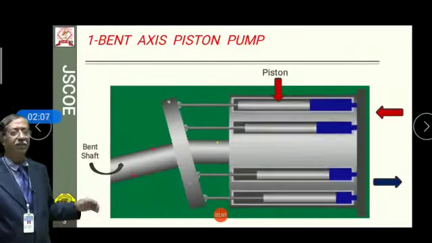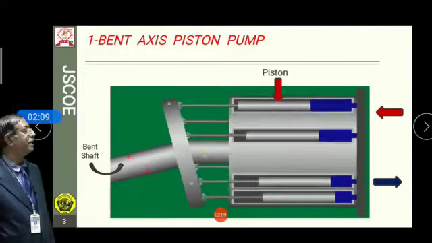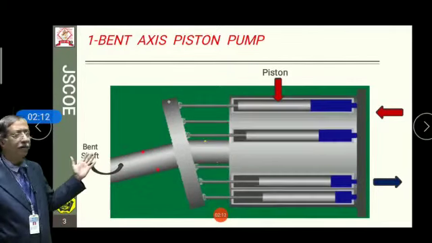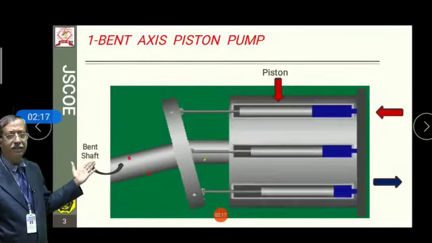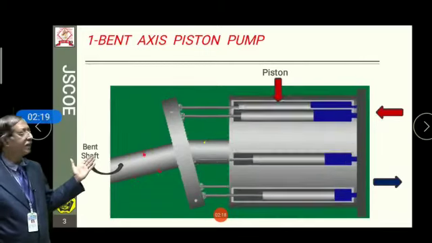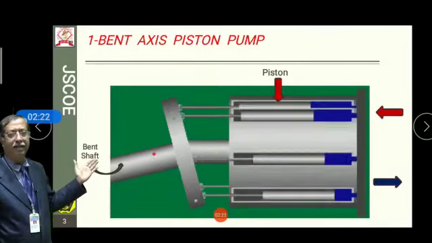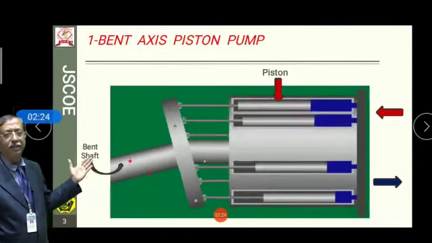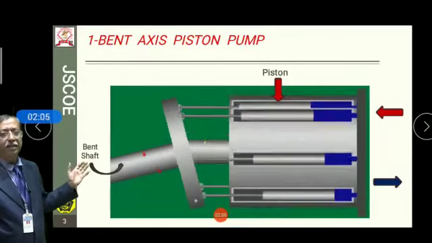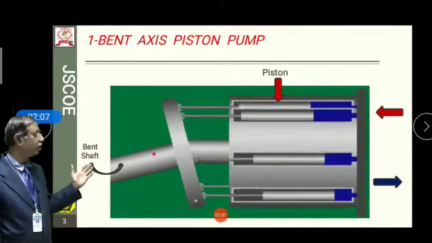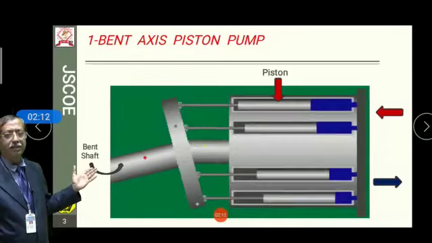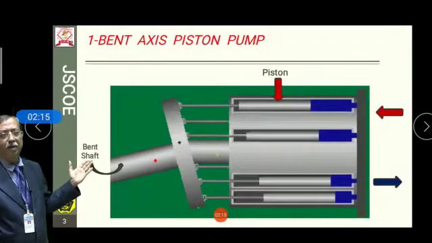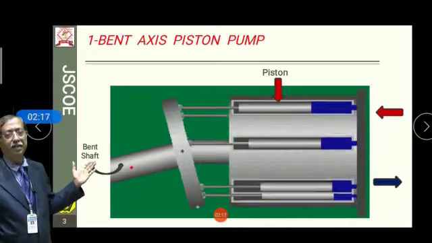Let us now discuss one particular type of the piston pump, that is the bent axis piston pump. In this particular diagram, you can see the bent axis having the motor attached to it, and the pistons are actually aligned parallelly to the axis of the cylinder, that is called a cylinder block. The pistons are moving back and forth due to the rotation of the shaft, and when they are moving back and forth, they are causing the inlet of the fluid through the inlet pipe,